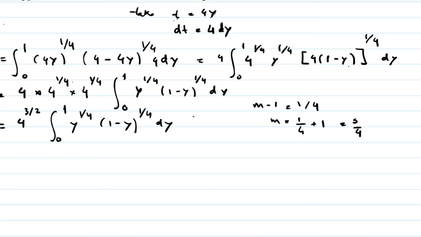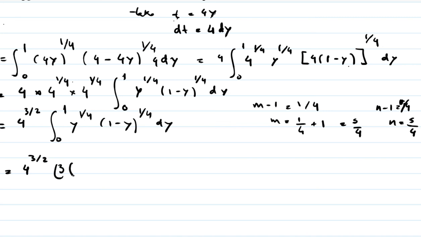Okay, and then I'm going to have here n minus 1 is equal to 1 divided by 4. But this is basically the same thing as this, so you can say that n is also equal to 5 divided by 4. So we're going to have here, this is equal to 4 raised to 3 by 2